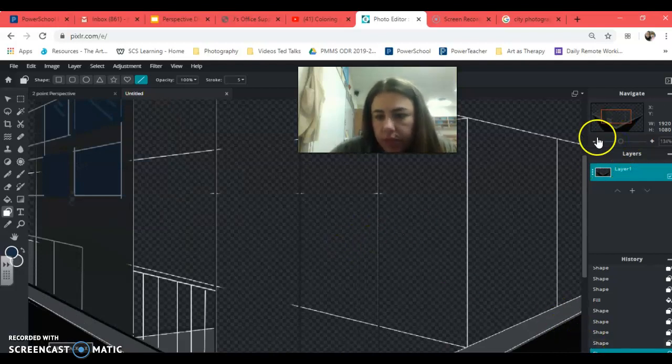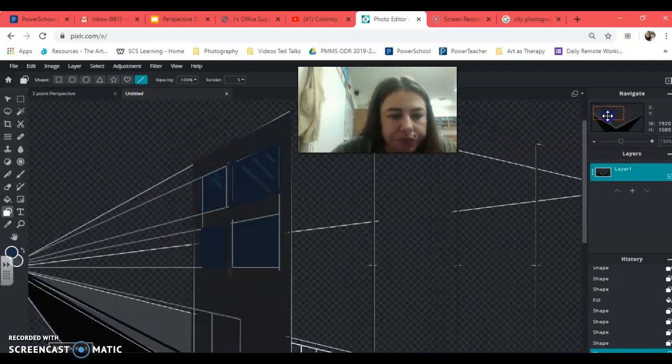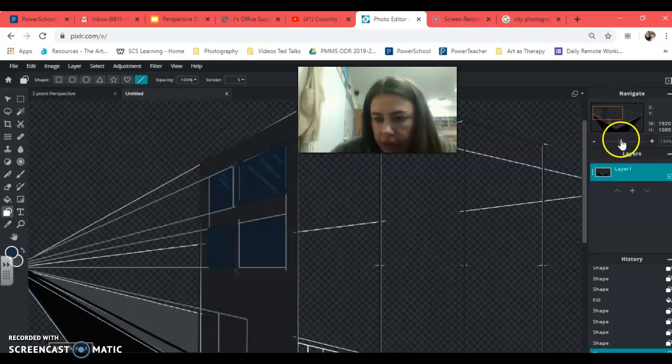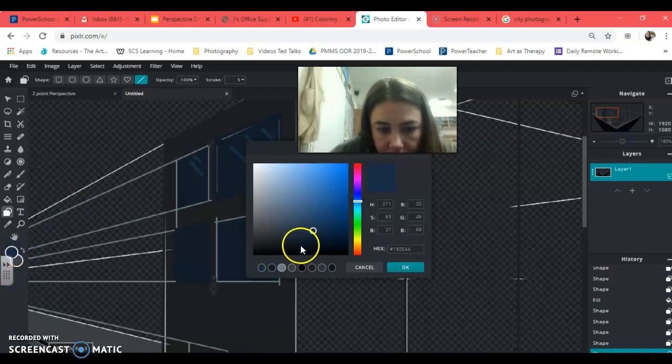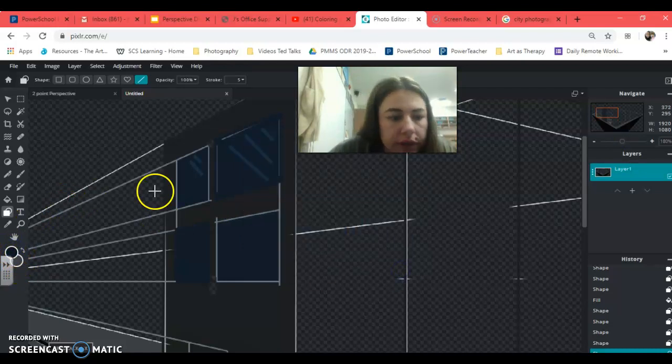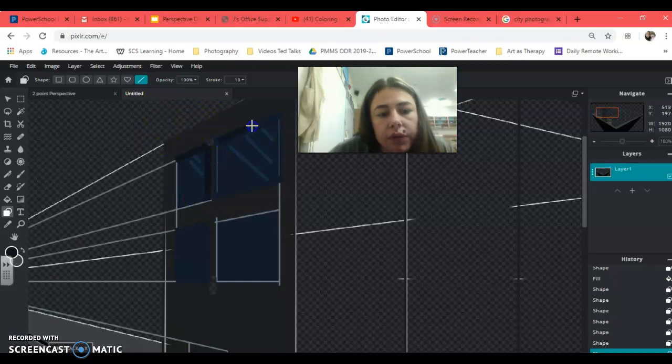I am going to zoom in and do like a border around those windows, since those other ones already have a border. I think I'm going to pick a darker color to do that with, and maybe make a thicker stroke. And that way we cover up this white. Give the windows some dimension. If you wanted to do like a shadow on one side,